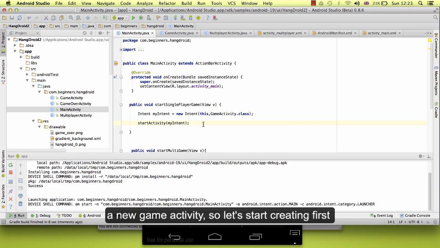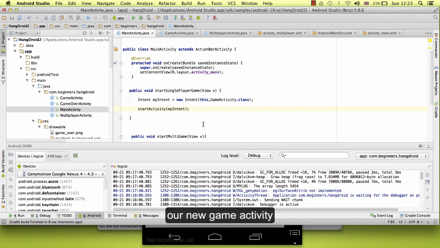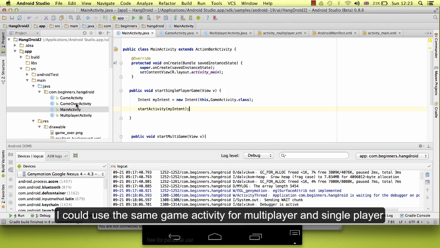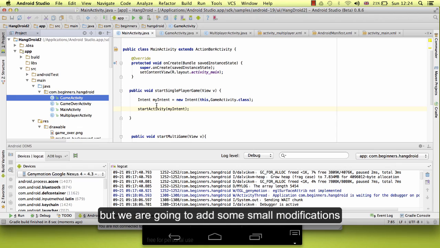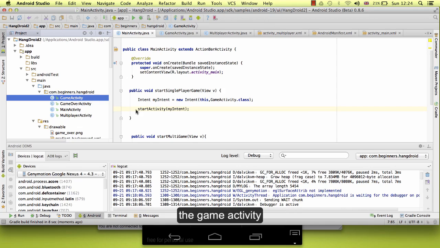So let's start creating first our new game activity. I could use the same game activity for multiplayer and single player, but we are going to add some small modifications. So for that I want you to copy the game activity and I want you to paste it